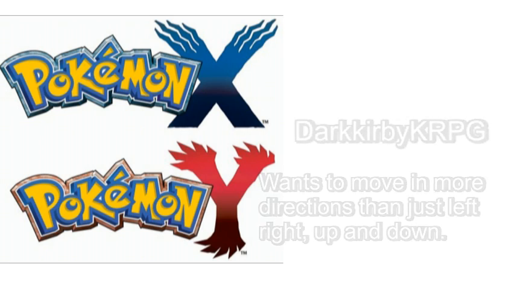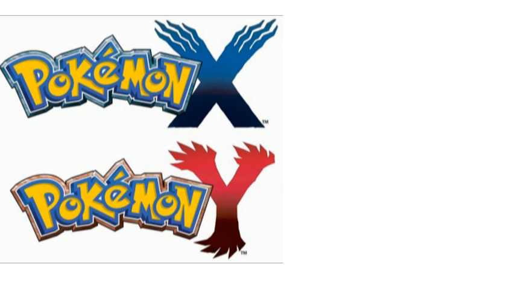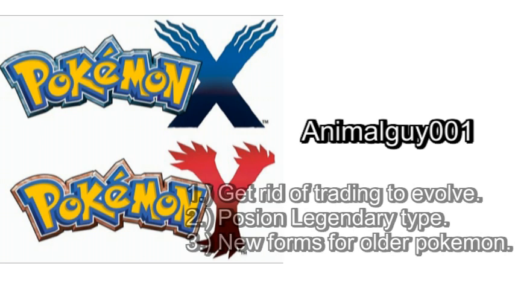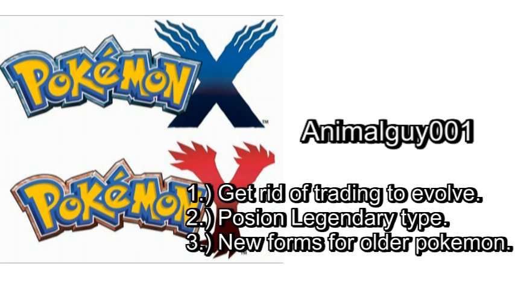Let's see, now, I was going to invite Animal Guy onto this. He didn't respond until like 10 minutes before the video was uploaded, but we got his comment. He wants to trade the whole evolving thing. He wants a Poison Legendary and more evolutions for the older Pokemon like Delibird and Sableye. Okay, Delibird maybe not, but I do want to see some more evolutions for the other Pokemon, because we didn't get any in Gen 5, so... Yeah, that's the only thing I didn't...